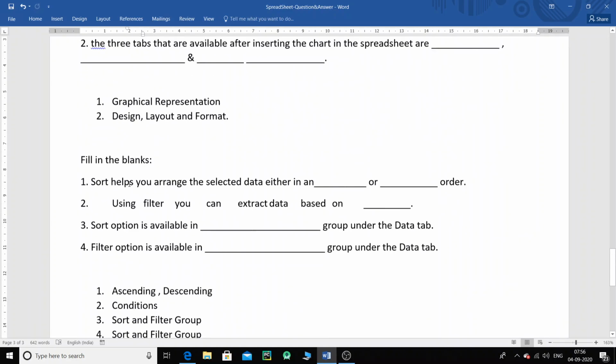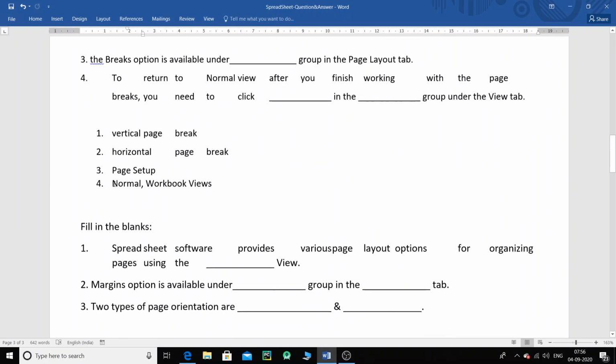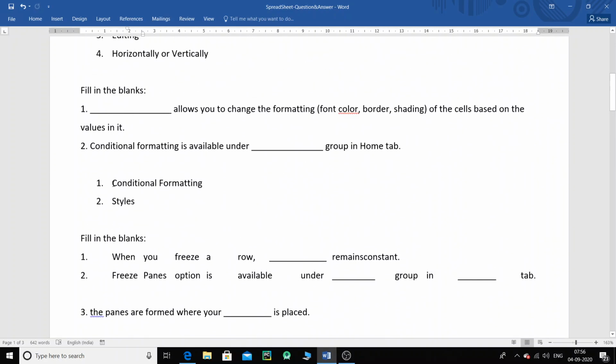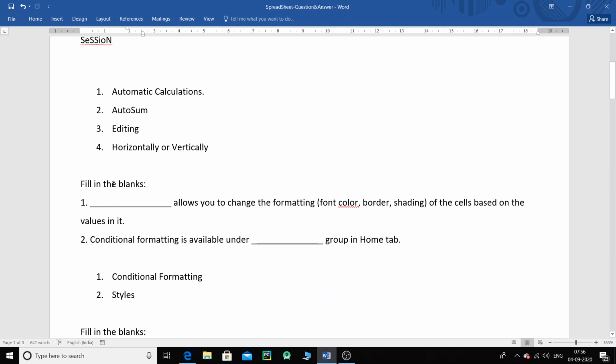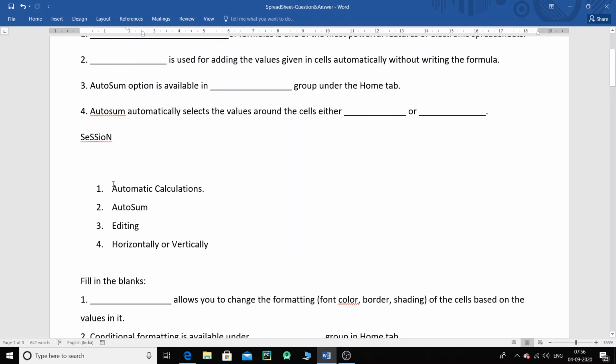I have already generated the PDF file for this one, so I'm going to send the PDF file to you. So you can go ahead and do it in your fair copy, in your notebook, and for your upcoming exam whenever we have. Okay, so prepare well. It is all very simple. This entire subject 402 itself is very simple. It's all very basics about Word, Excel, and PowerPoint.